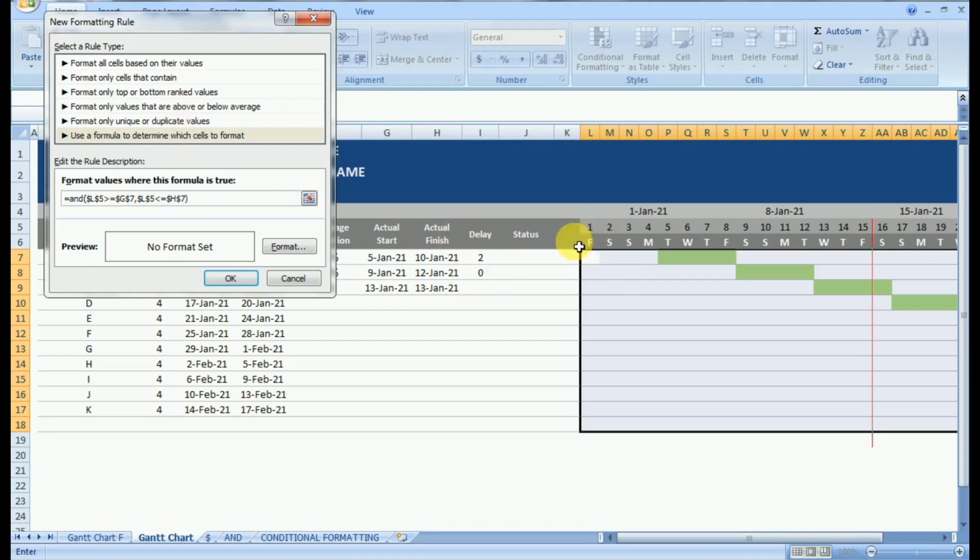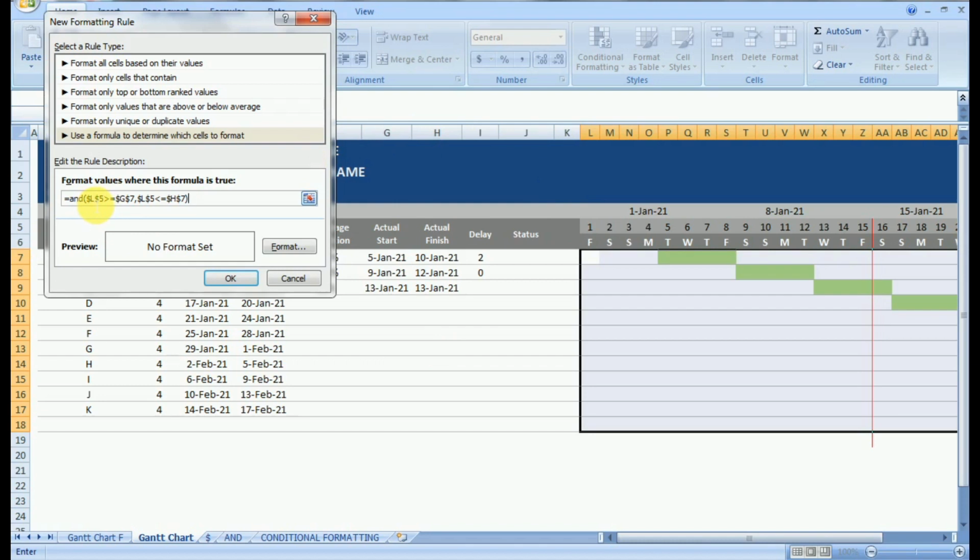Now I also have to decide where I have to keep the dollar sign. For calendar or the time period, I want to keep my row 5 fixed and G and H also fixed. So when I move this cell, I do not want G, H or row 5 to change.